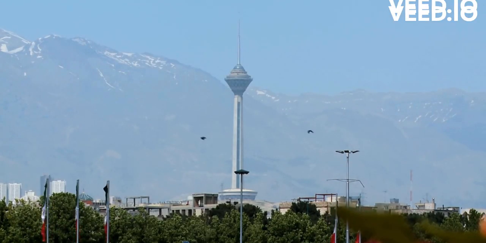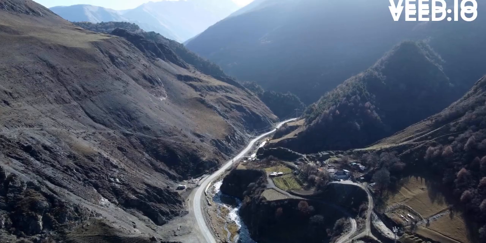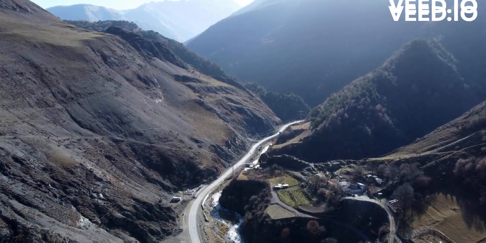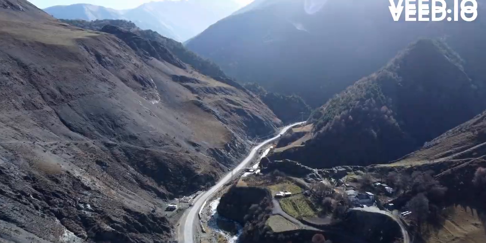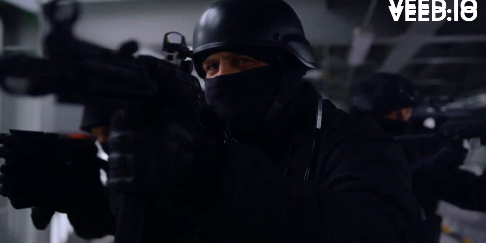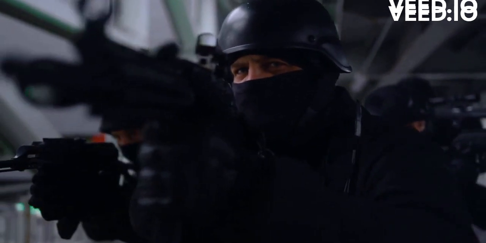The path to the capital will be dangerous, particularly between mountains. Swarms of drones, militant groups, and the Islamic Republic of Iran army will pose a significant threat. The U.S. will also need to defend against militant groups operating in Iraq controlled by Iran. Upon reaching the capital, both sides will engage in urban combat for every inch of land, in which Iran has expertise. A slow and painful battle will begin.